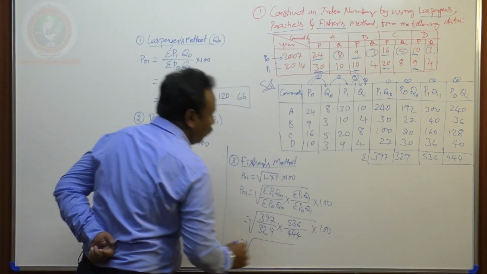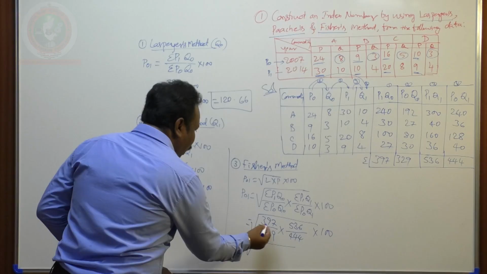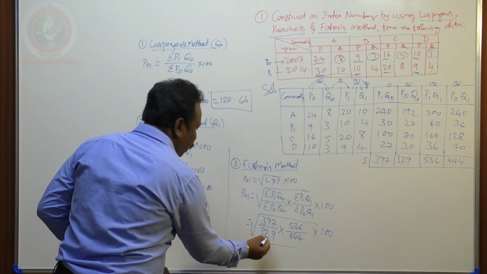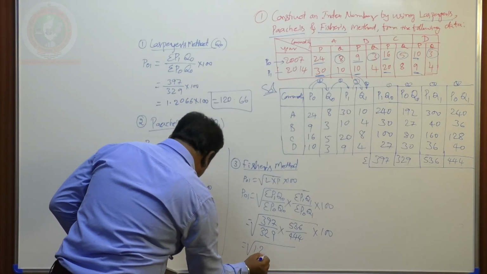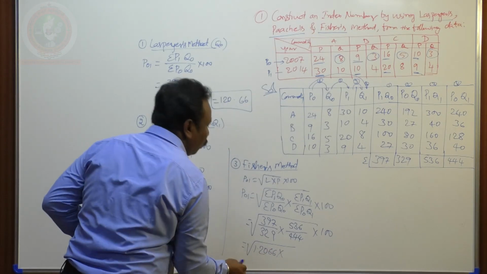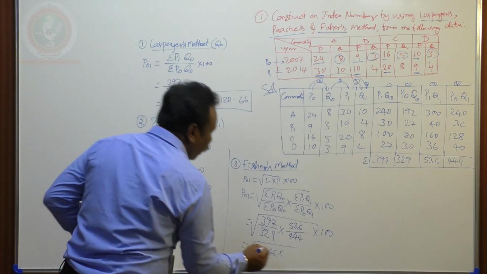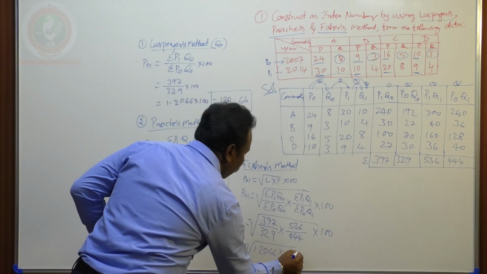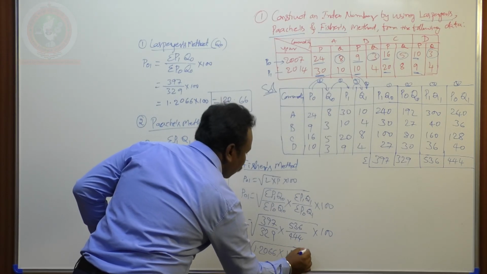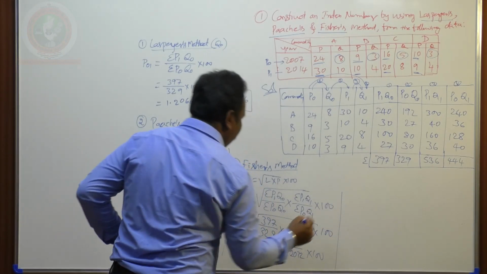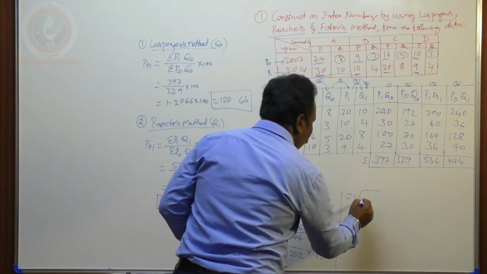Simplifying, 397 divided by 329 is 1.2066, into 536 divided by 444, that is 1.2072, into 100. Square root of multiplication of these two will get